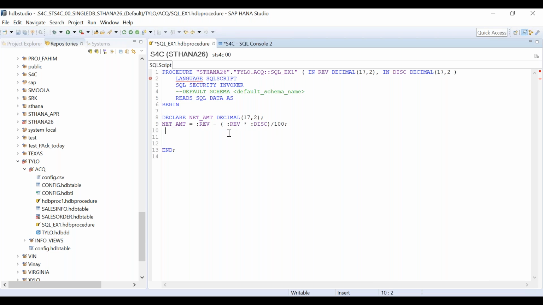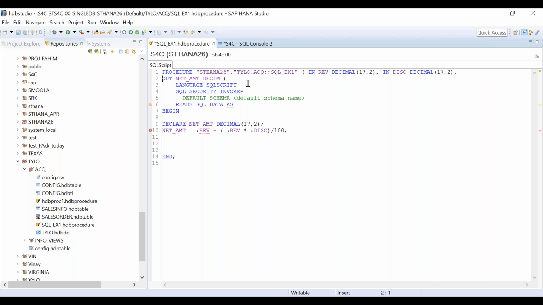Okay. And once the net amount is ready, I want to pass this as an output parameter. So I will write out net underscore amount, decimal, let's put it down, out decimal 17,2. Fine. Okay, now there's some error here.